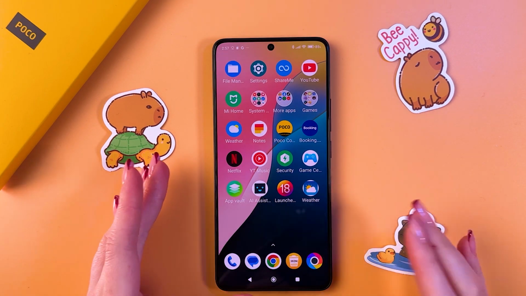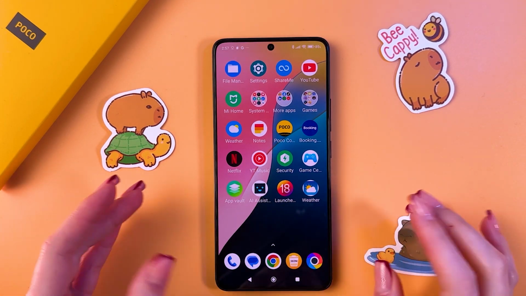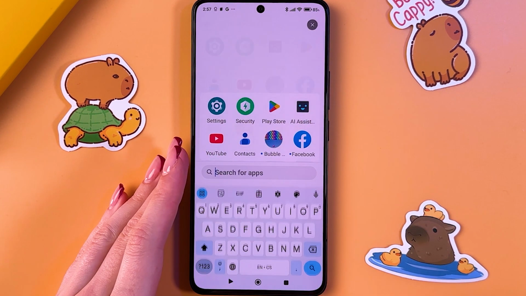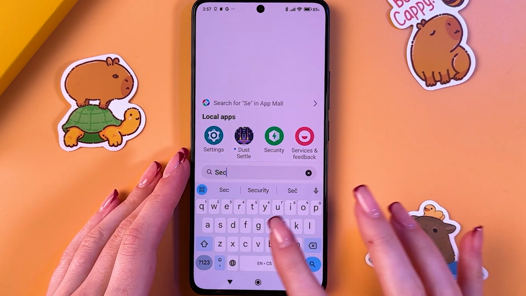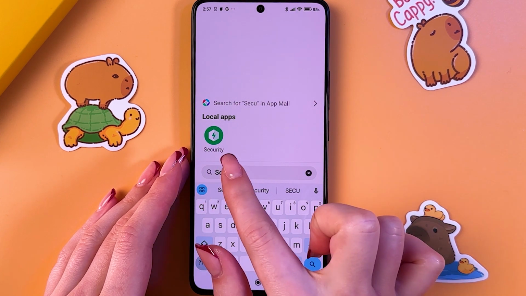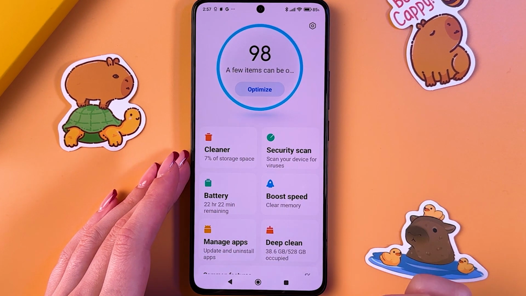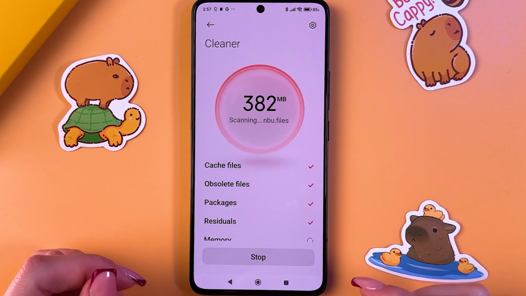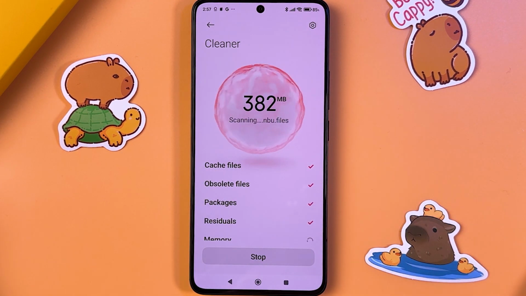Hi, to remove viruses on the POCO F6, as a first step, you would need to find the security app on your phone. So let's just enter security, and this is how it looks. Now launch it, and first thing we can do is go in the cleaner, and here check the amount